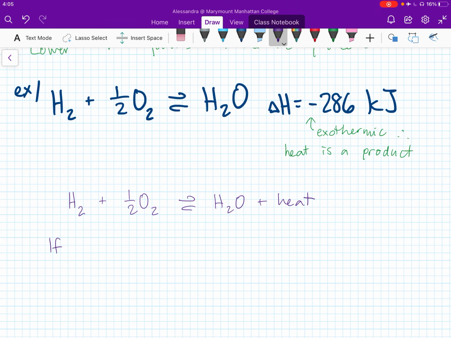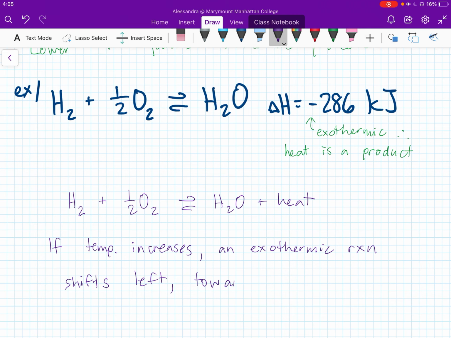For an exothermic reaction, if temperature is increased, that's like saying that we have more heat, more product, and that's going to push the reaction to the left. So if temperature increases, an exothermic reaction like this shifts to the left to restore equilibrium